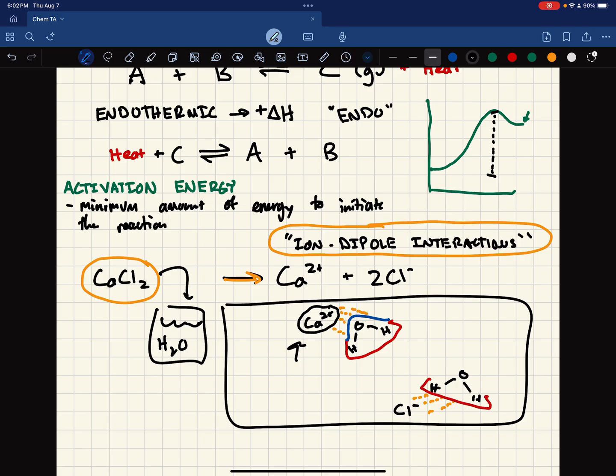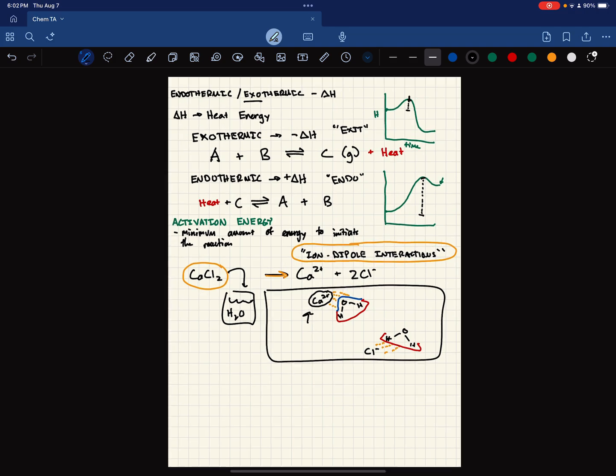An ion is interacting with the dipole and it's going to release energy. So that's an example that kind of ties things together, just showing you what exothermic can look like in a reaction, specifically in ions being dissociated into water. Okay, so